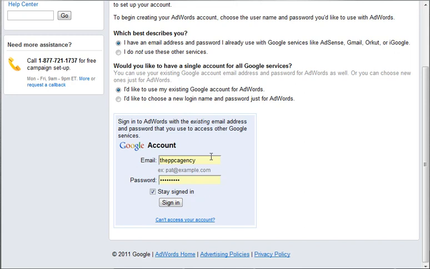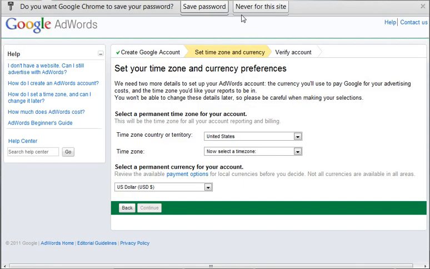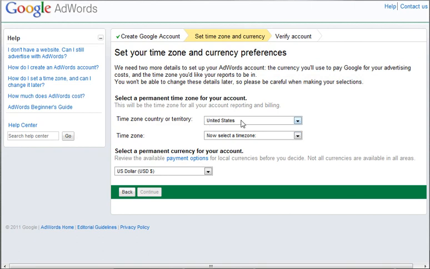It's going to ask me to type in my Google account that we're using. This is one that we created specifically for this task. And of course, the password that you used when you created that account. Brings me to a screen that's going to ask me a few questions. Now, the very first questions on this screen are not changeable once you set this, so it is important that